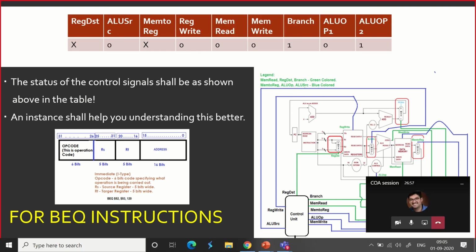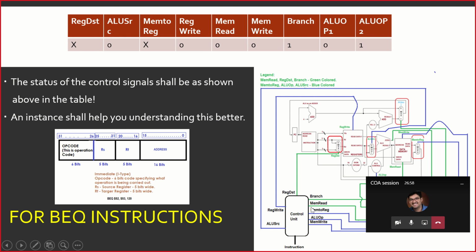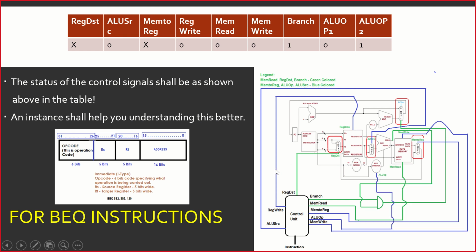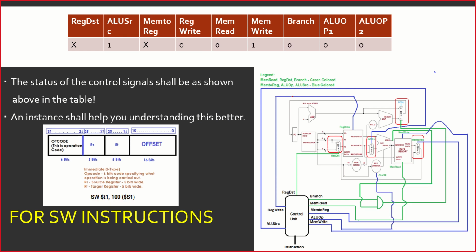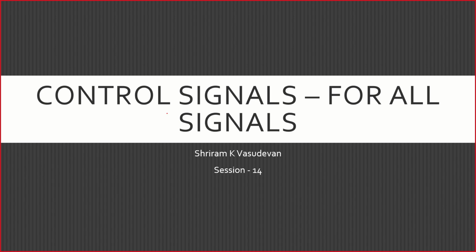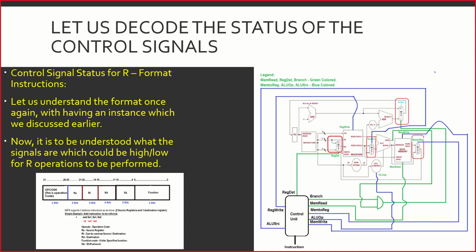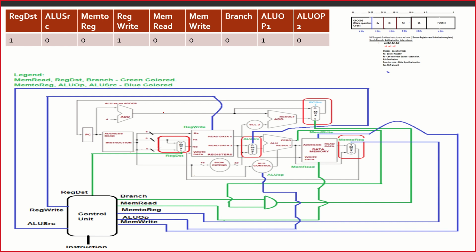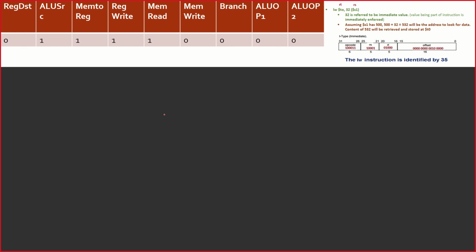As you can see, we have already given clear instructions on how to trace the data path. I mean, how we understand the control signal status for all these instructions, like load word, store word, add, or other R type instructions. We have seen all those very clearly. I hope there is no doubt or query there. If you have any queries, we can discuss them at the end of the session.